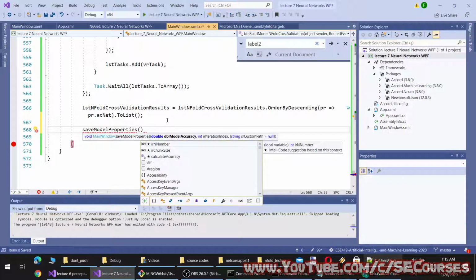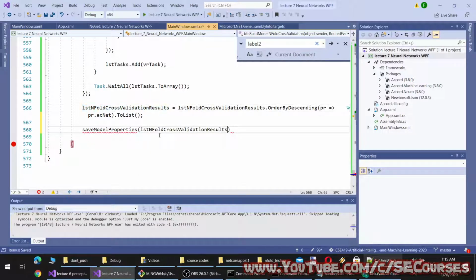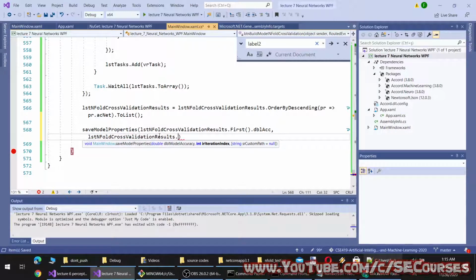And model accuracy will be first dot accuracy, iteration will be first dot